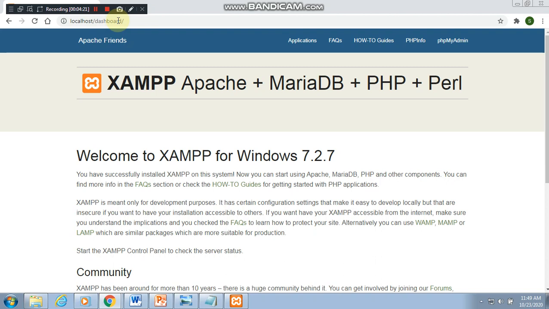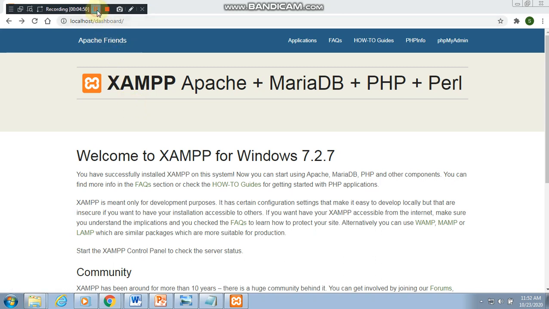This is what you are able to see, right? You are able to see the default page like this. You should check this whenever you start web programming on your machine, whether the server is on or not. If you are able to see this particular page on your screen, it shows that your server is on. Now we will see how to run one simple HTML application through this server.